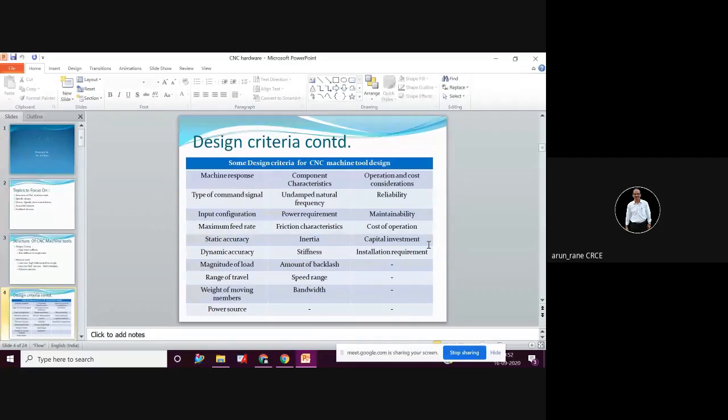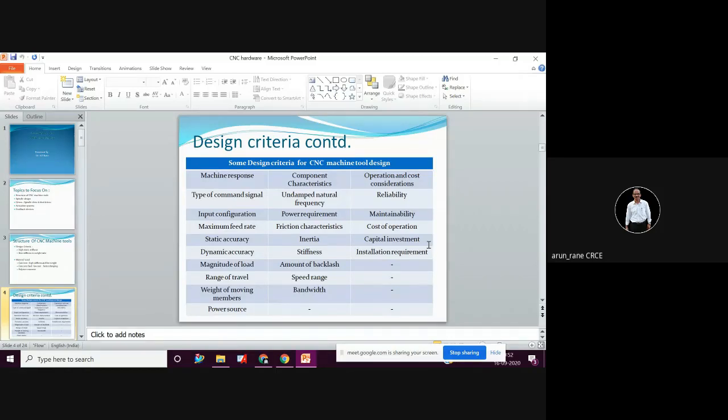If you spend 5 years and look back, 5 years down the line, you will laugh: oh, what did I design when I was fresh, how costly it was. So slowly you come to know. But that 5-year period we have to reduce to 1 year or 2 years. How? You have to learn maintenance engineering, and you have to learn reliability engineering.